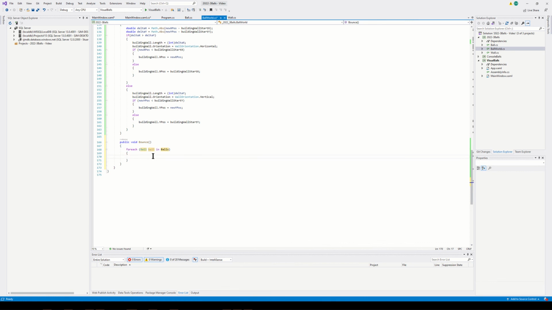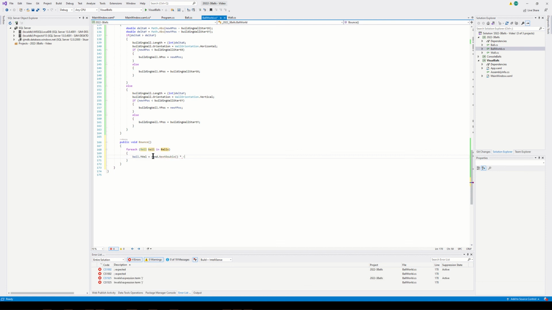And then what I'm going to do is just give it a velocity, basically. ball.yVelocity is going to be equal to, do I have a random? I think I have a random, don't I? Yeah, random.NextDouble